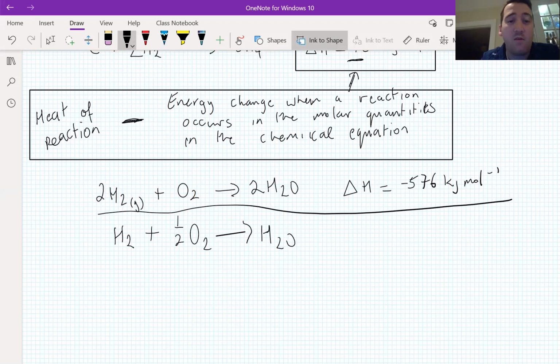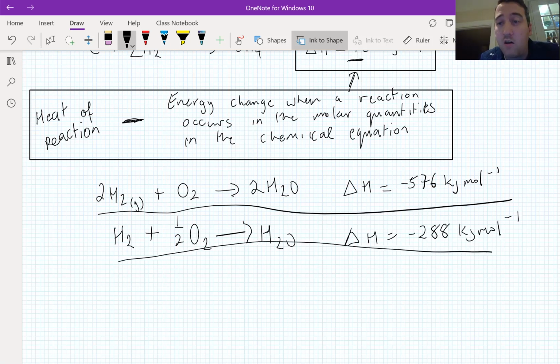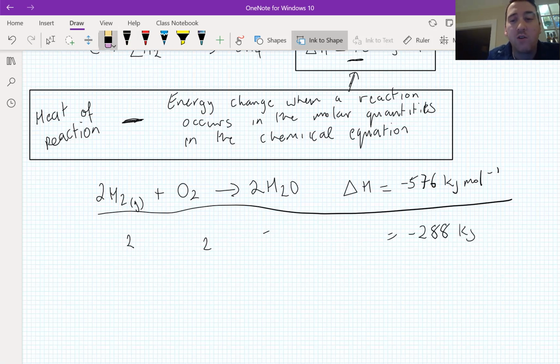Well, hopefully you can see that we've halved everything in the equation, which means we would have to halve the delta H. So delta H equals minus half of that. I think that's minus 288 kilojoules per mole. Now that is not the heat of reaction though, because that's not what the reaction said. The equation we were given